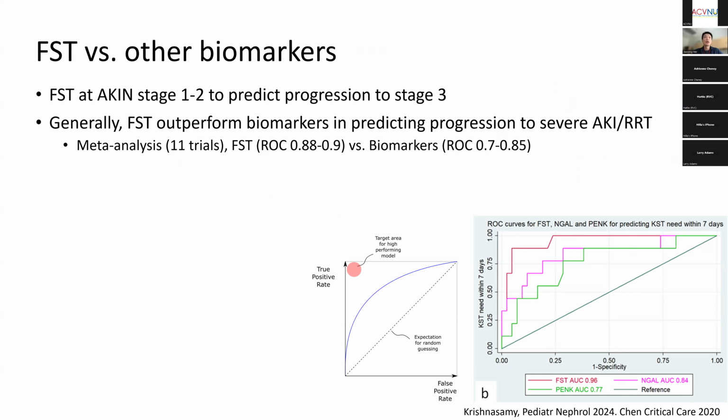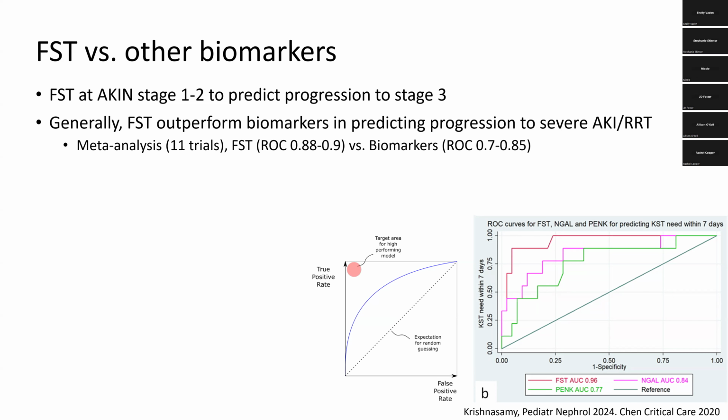First, cohort-wise, it is AKI stage 1 to 2. We'll come back to the stagings in a few slides, but this is a very mild AKI stage. The value of the furosemide stress test in these trials is that they give furosemide and see the increase in urine output to determine which of these patients will progress to stage 3, termed severe AKI, or need renal replacement therapy. So the question now is,